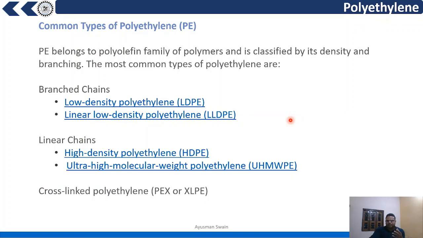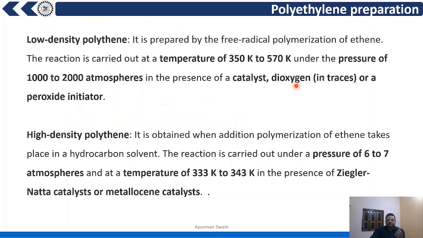Polyethylene, as I have already told you, there are low density polyethylene and high density polyethylene. And low density means the density of that polyethylene is 0.91 to 0.94 gram per centimeter cube, and above that comes high density polyethylene. So to prepare these two polyethylenes, we have different methods. For low density, we have to